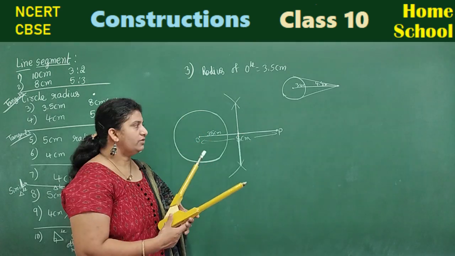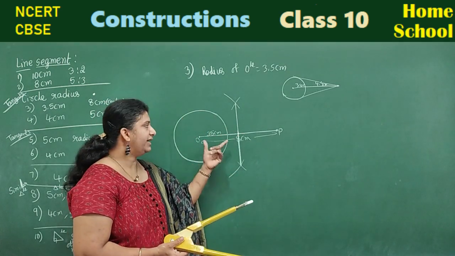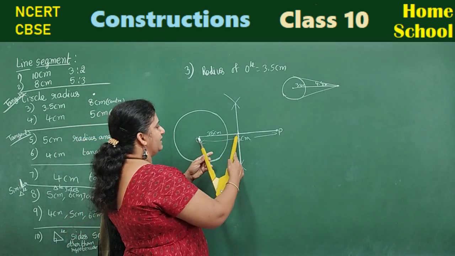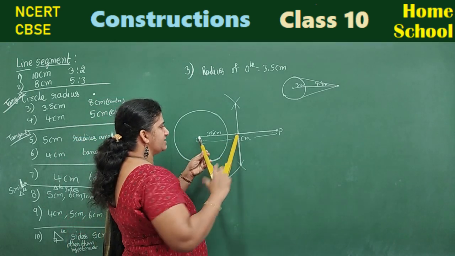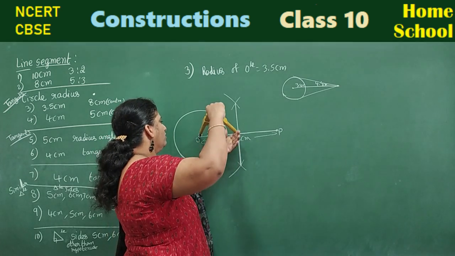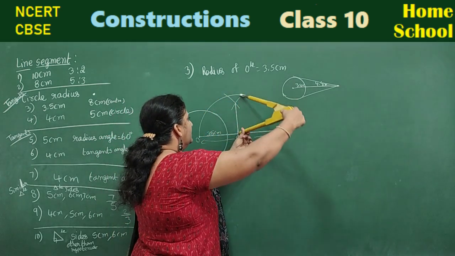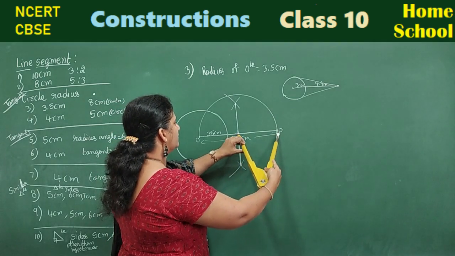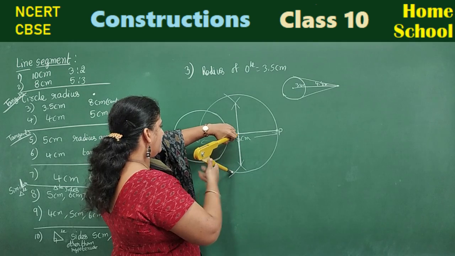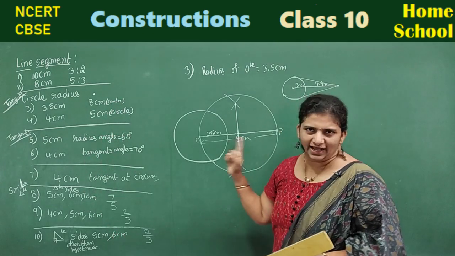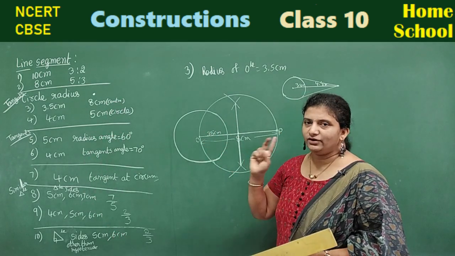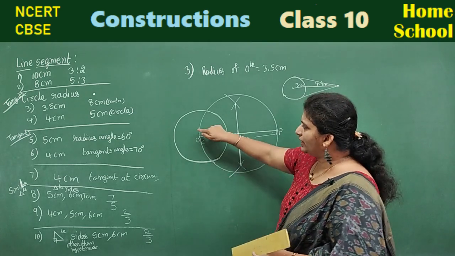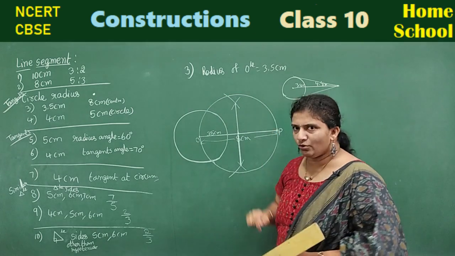Okay, now the bisector, what does it do? It divides the line segment into half. So with this as a center, with this as a center, draw a semicircle. Two tangents now, so just complete the circle. If only one tangent, a semicircle is enough. Two tangents means a full circle we need. If you want, you can do this with a dotted line also.